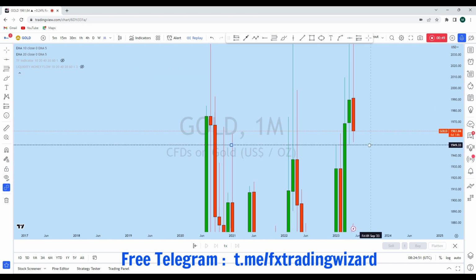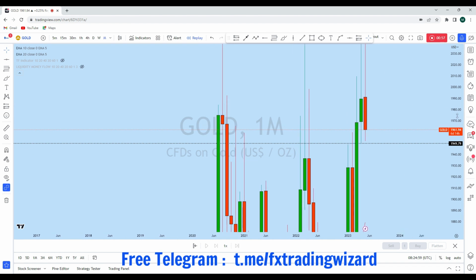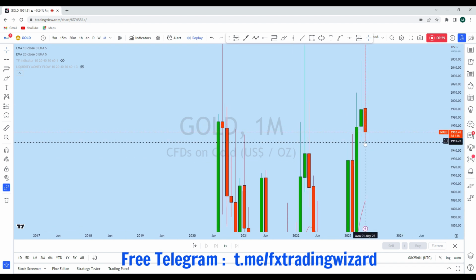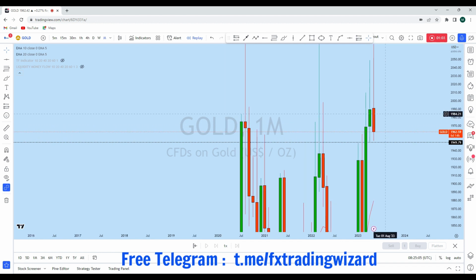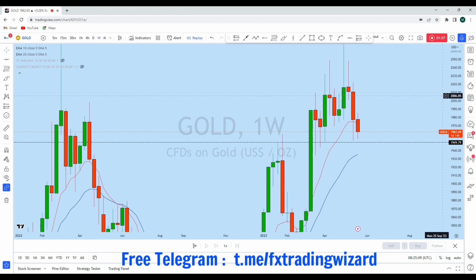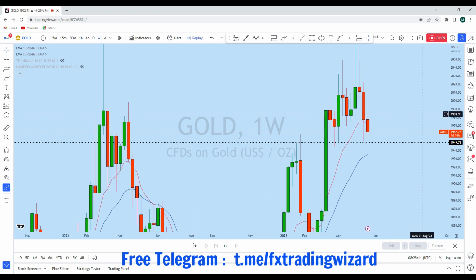The price has again come back to the same level, and we see that buyers are again buying this market without creating a new lower low. As we see a back-to-back two-time bounce, we might now see a bit more upside on the lower time frame on gold. Now, if we look at the weekly time frame, we can see that from the weekly